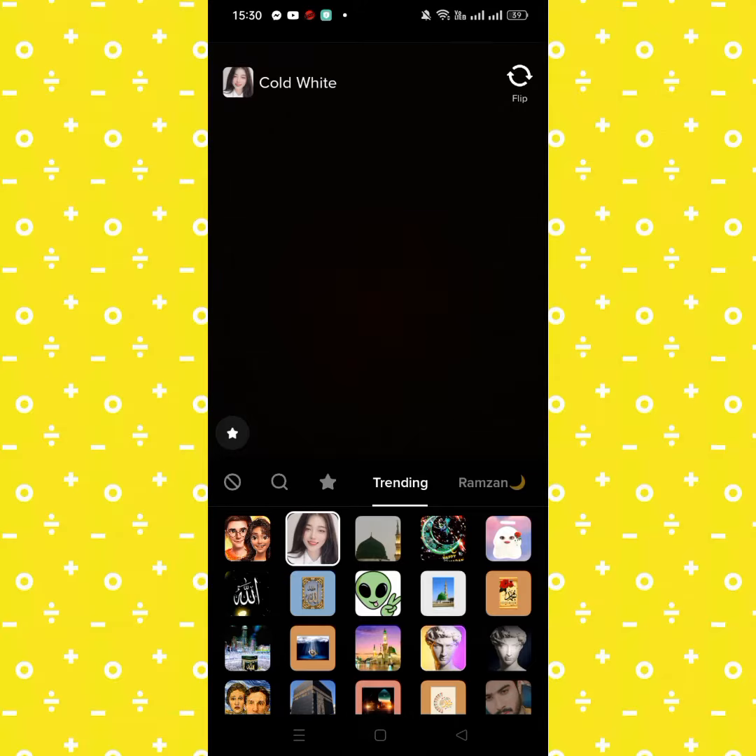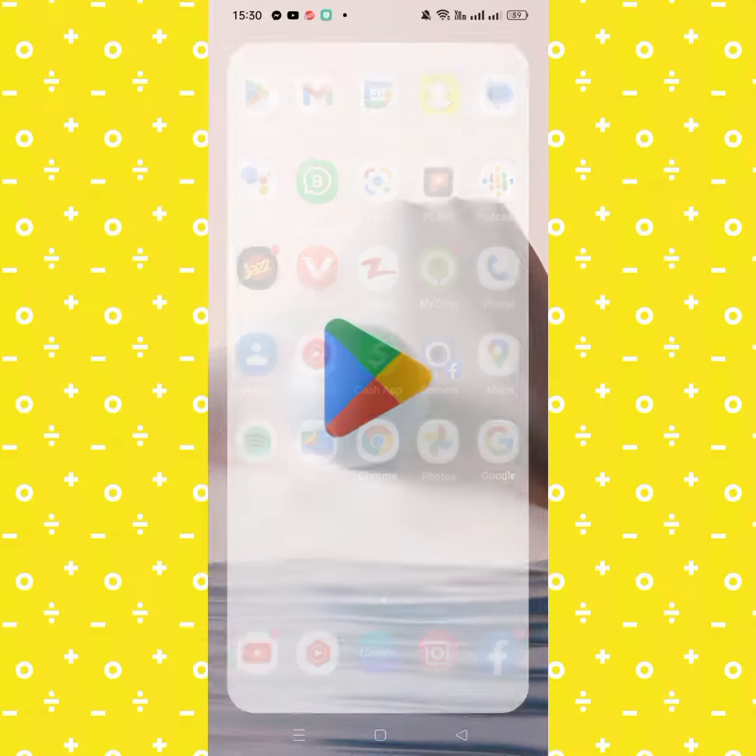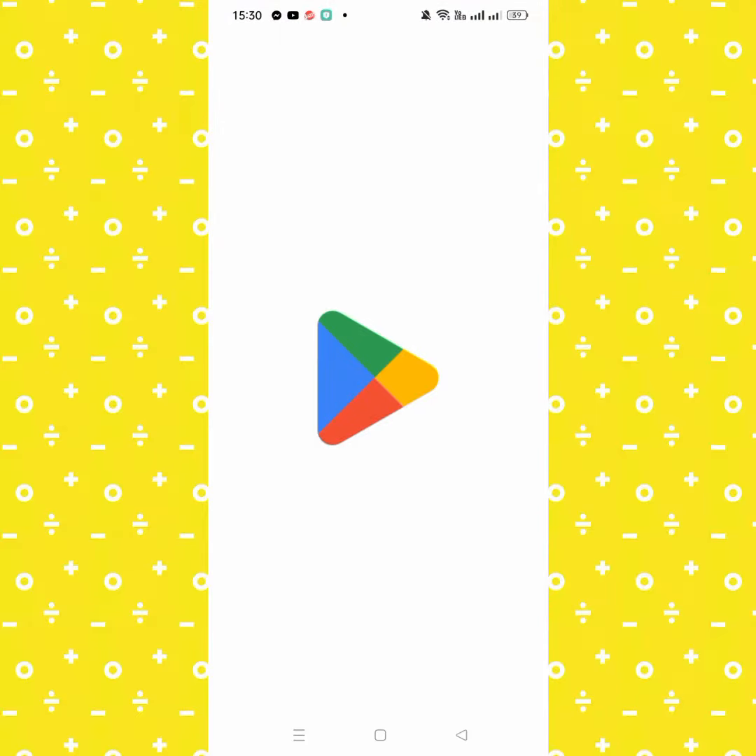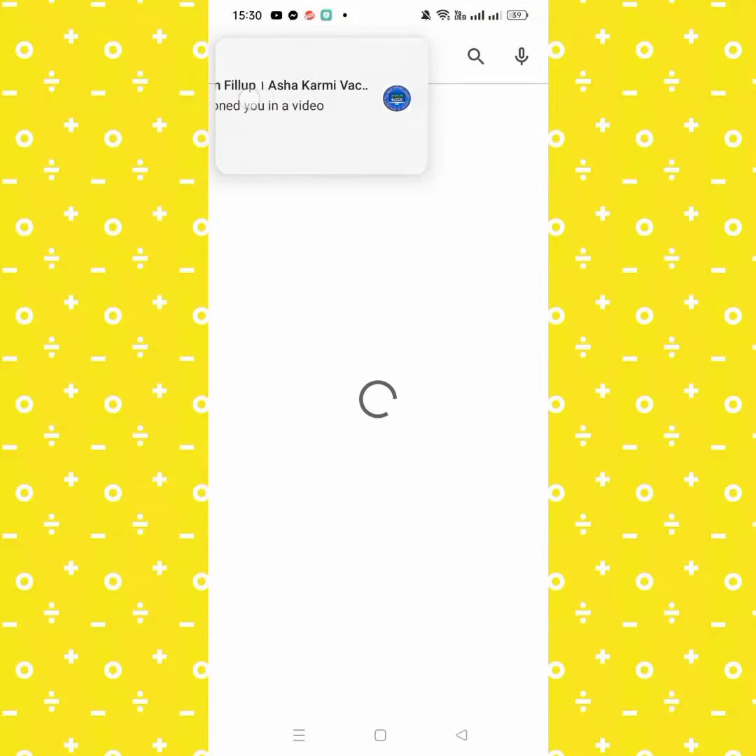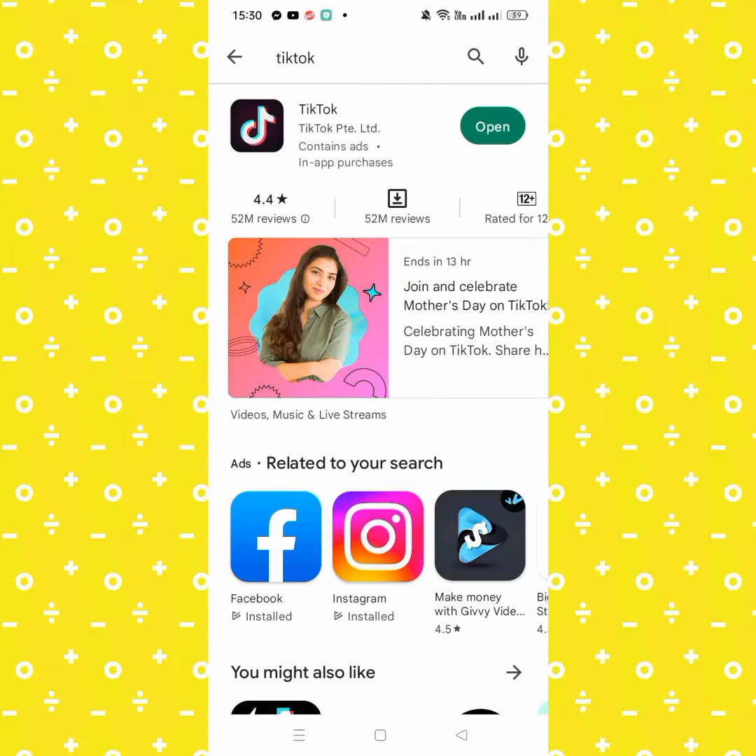First of all, go back to your home screen and from here tap on Play Store and search for TikTok and tap on TikTok. And from here make sure that you update to the new version. I have already updated, and after that check whether the problem has been fixed or not. If the problem is not fixed, then go back to your home screen